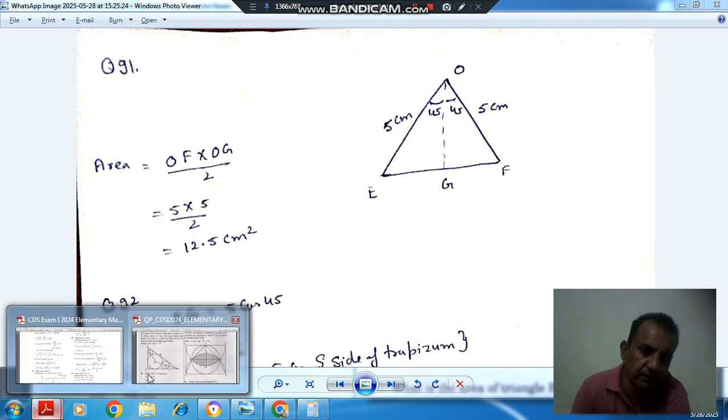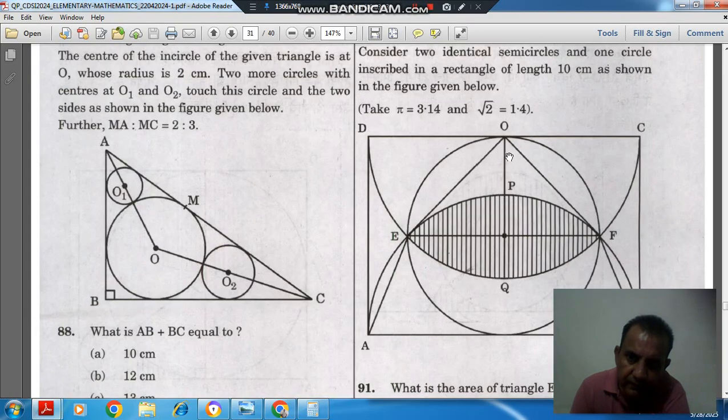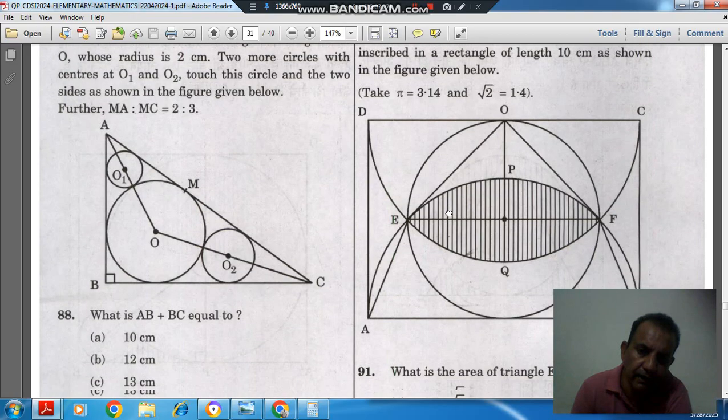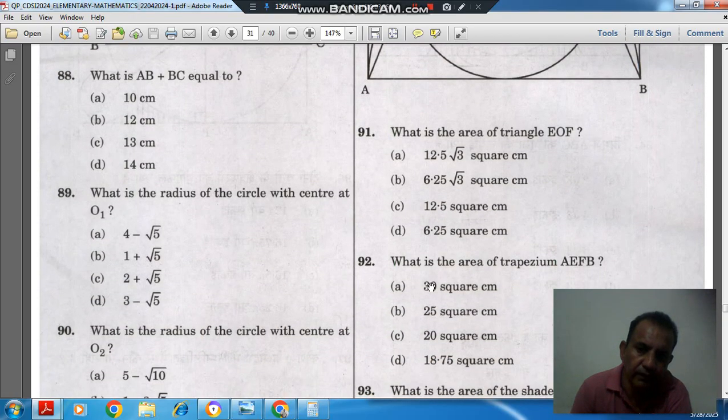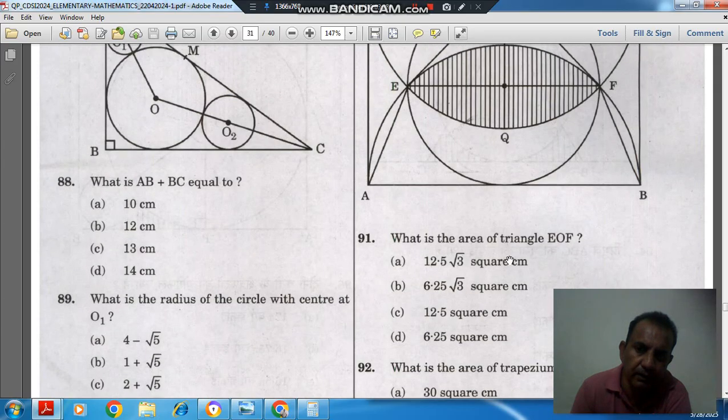The main concept here is that angle is 90 degree because this is your circle and this is the diameter, so this angle has to be 90 because this angle is 180. So if we know this angle is 90, then one of them will be base, another will be a perpendicular, and area will be 5 into 5 by 2. So next is what is the area of trapezium